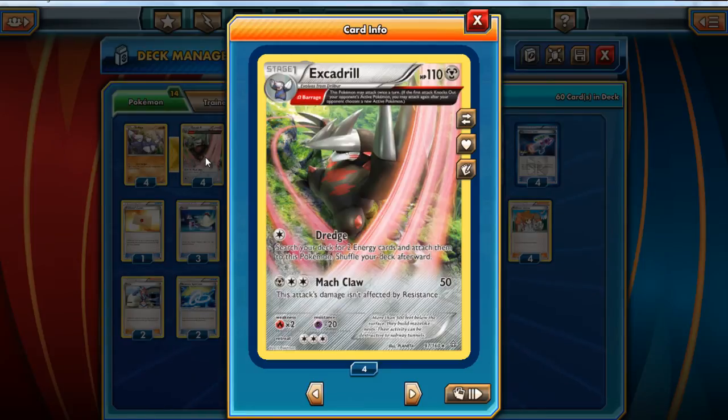Now, there's one thing you want to notice immediately here, and this is an ancient trait. For those of you that have not been paying attention, we have a new mechanic introduced in the most recent set, and that is the ancient trait mechanic. And these are like abilities, except they're not abilities, which means we can have them in addition to abilities,